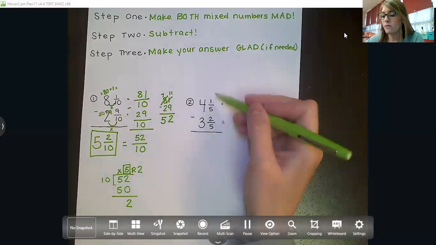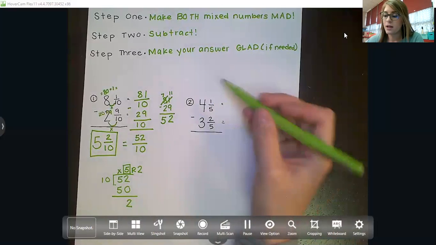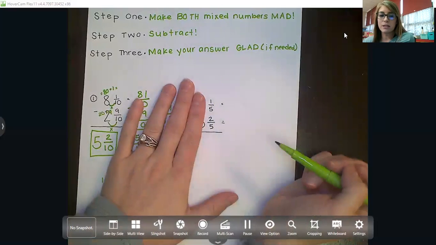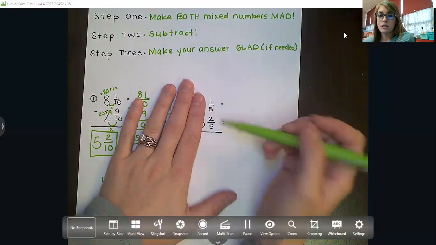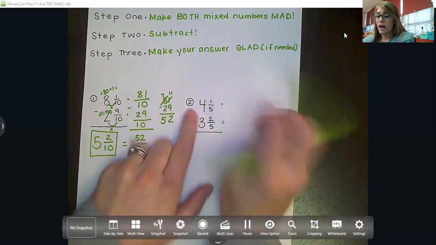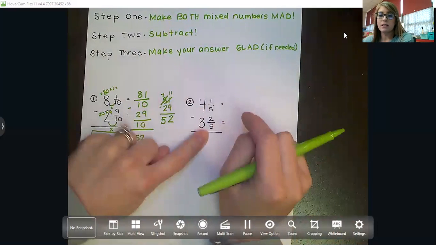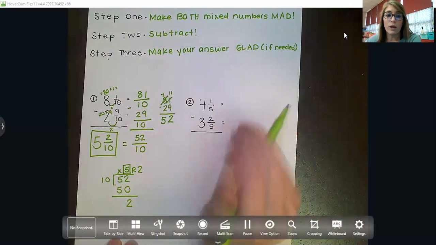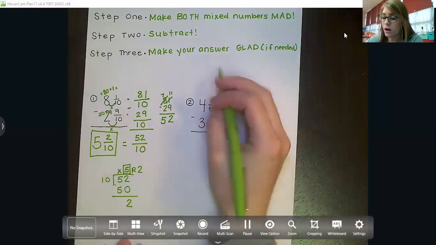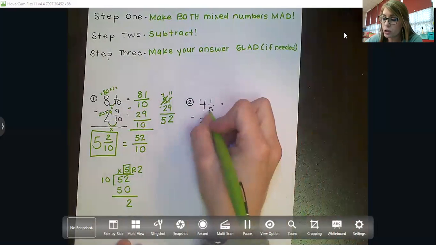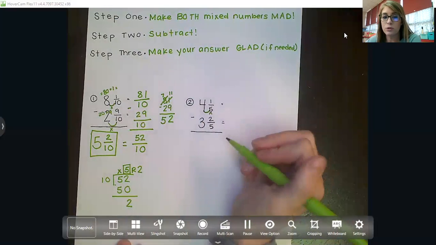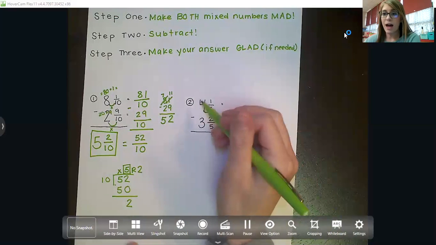All right, 4 1/5 minus 3 2/5. Can I subtract 1/5 minus 2/5? No, I cannot, because 1/5 is smaller than 2/5. So what we're going to have to do is make both of these mixed numbers improper before we can subtract. All right, so first step in making a mixed number improper is to multiply the denominator times the whole number. 4 times 5 is